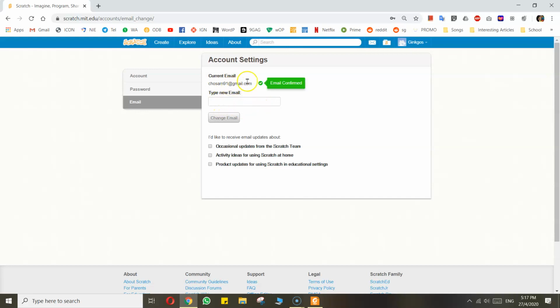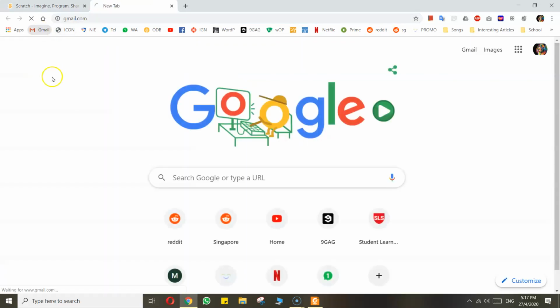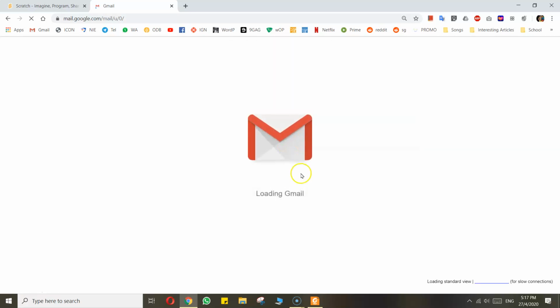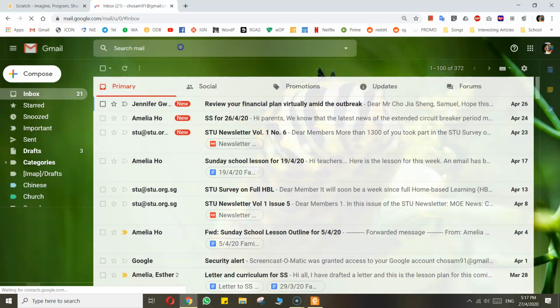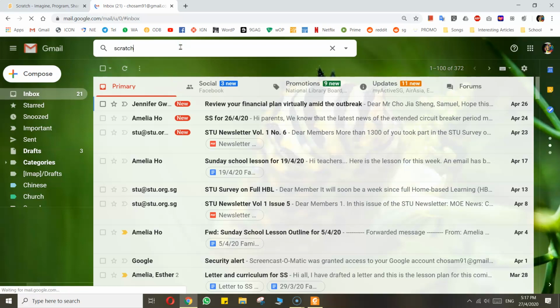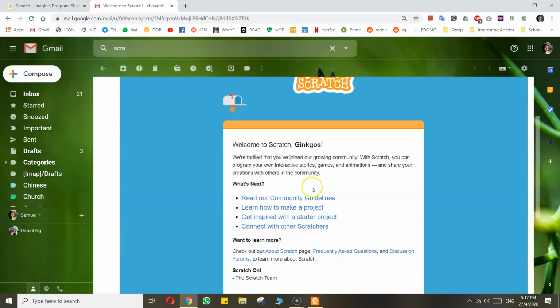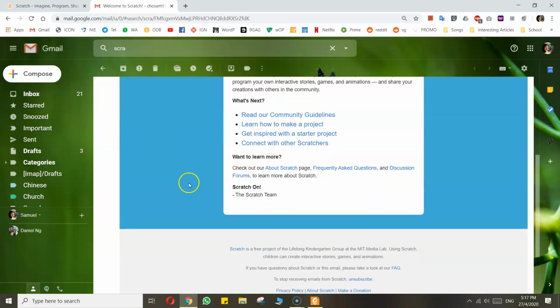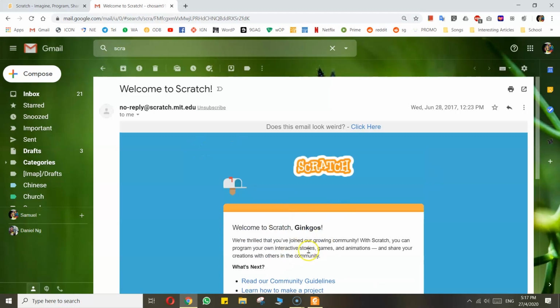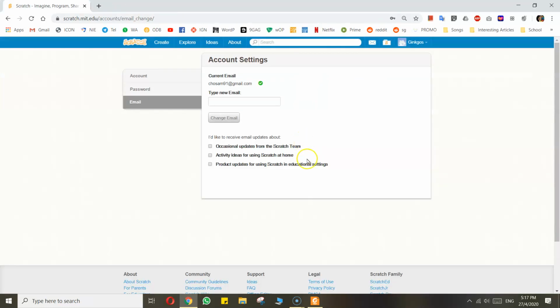If you don't have email confirm, below here they will ask you to send an email to your email to verify. So all you need to do is click on that, then just go to your email, open it up and search for your Scratch. Then you should see a blue background with a link inside for you to click. Once you have verified your email, then you can